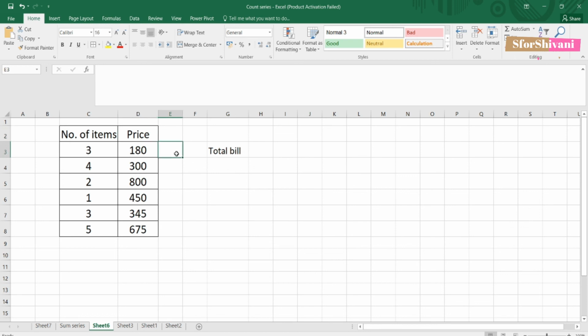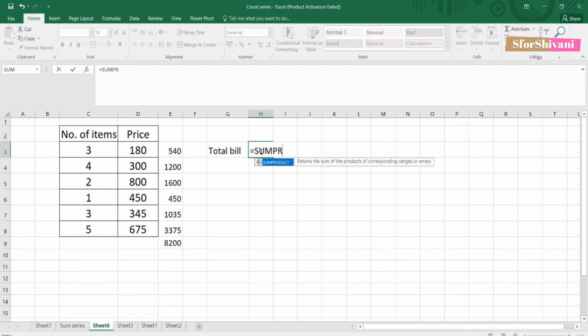One way to do it is I manually multiply the two figures, extend it, summation, answer is 8,200.